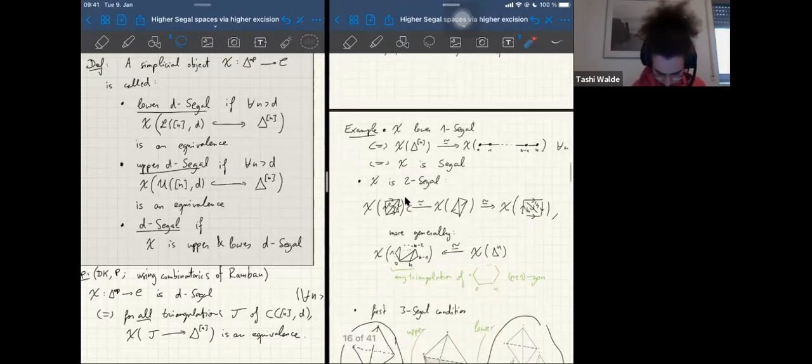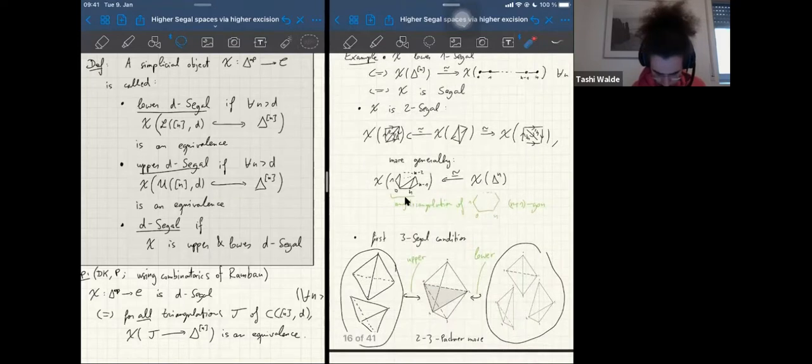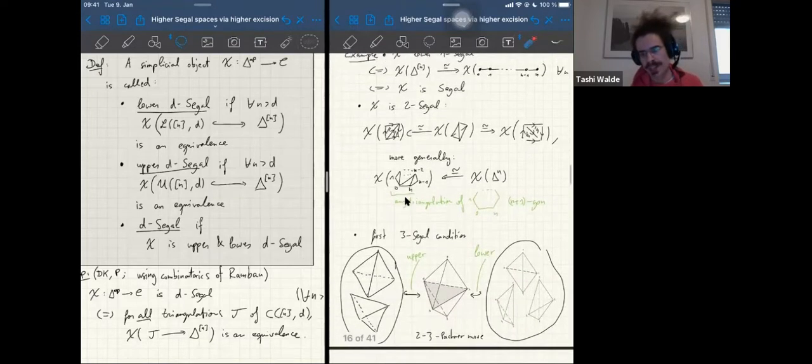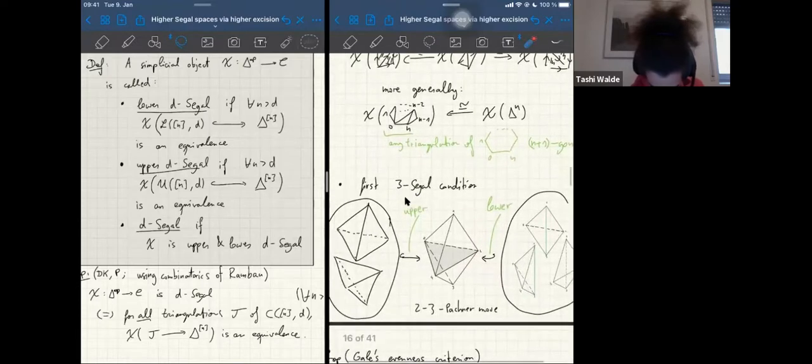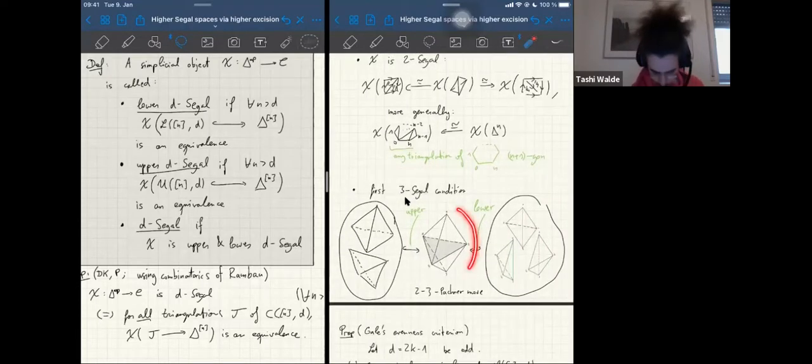So let me just draw, I promised to draw a 3-dimensional picture. As I said, here I cannot draw the 4-dimensional polygon of which these are the boundary, but I can just draw this triangulation. So if you look at this 3-dimensional polytope, which is given by gluing together 2 pyramids on top of each other, this will actually be